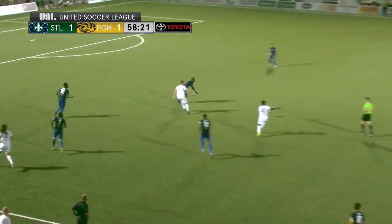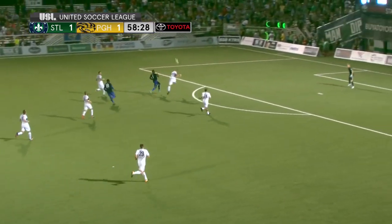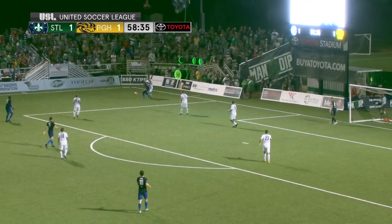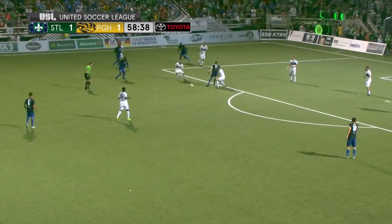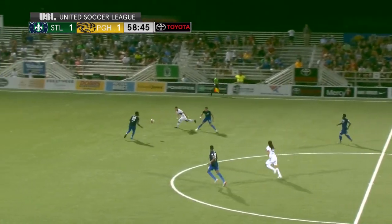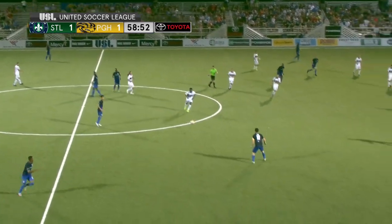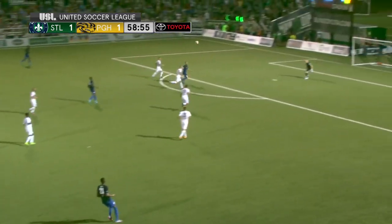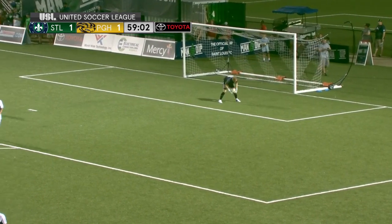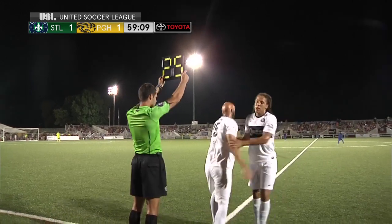Long throw. Pittsburgh comes up with it. Herzog sends it forward. And that ball is still on the pitch. Chevy lost sight of it, finds his feet. Centers, Herzog lays off. St. Louis now, dump and chase. Pittsburgh. Now Kerr. Off the mark. Exceptional attempt here by Pittsburgh. The last couple of plays, Herzog linking up well with Walsh, but at the moment,